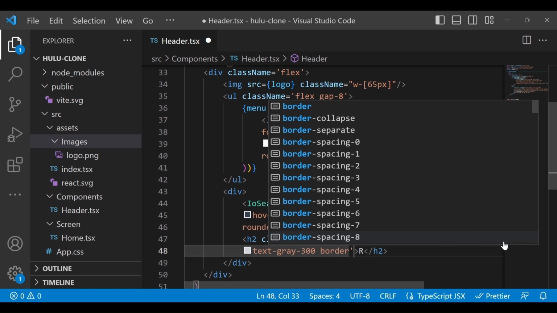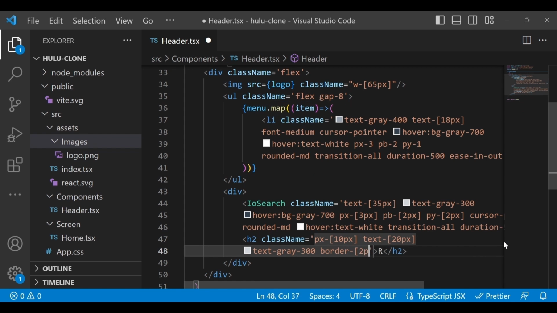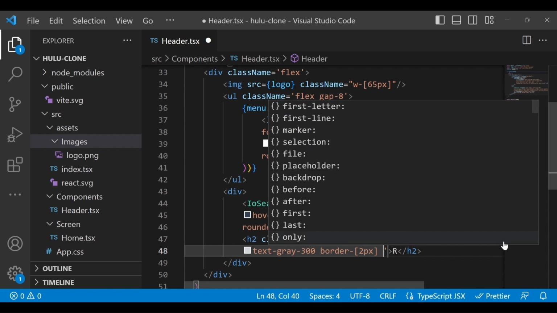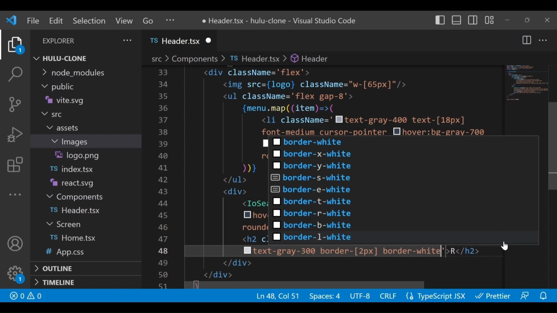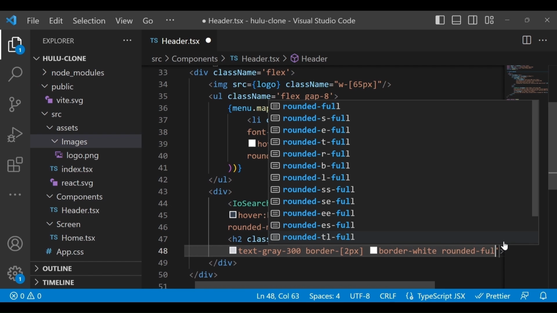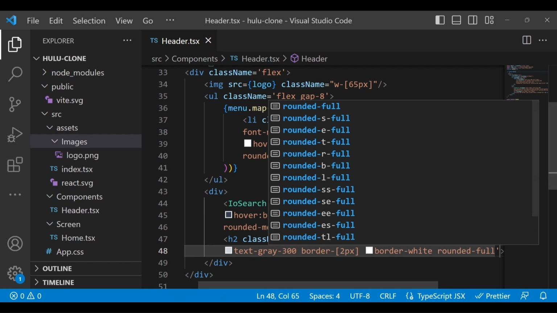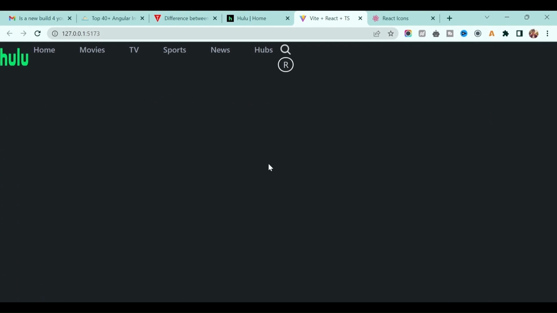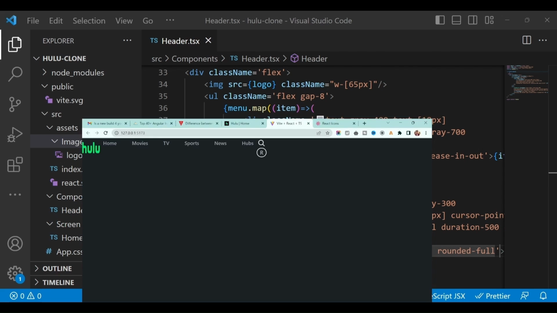Let's give some border of 2 pixel, and we'll change the border to be white, and then rounded to be full. We want full rounded, the circle, right? That's the reason I mentioned like this, and if you see, it's coming like this. Perfect.